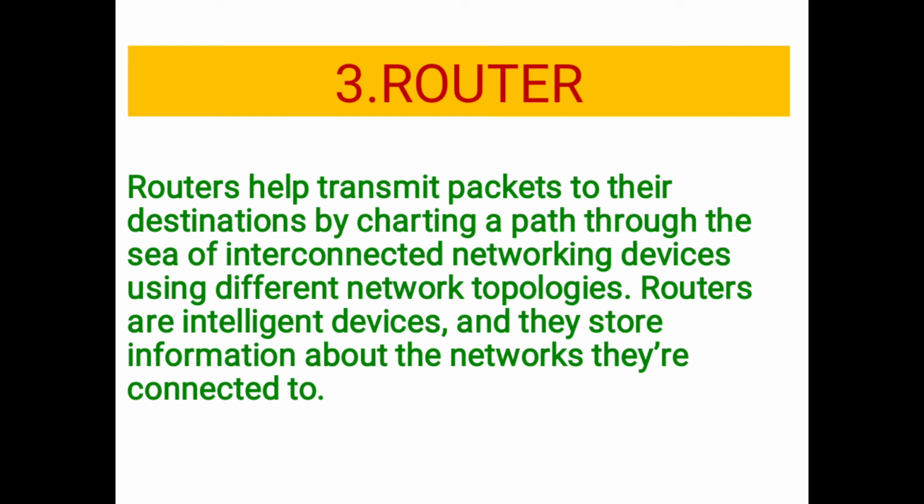At times when one route is busy due to a network traffic jam, like when the CBSE is declaring the result, so one of the lines is busy, the person will not keep on waiting for that line to be free. The router has to find the second possible route and the data has to be transmitted to the destination location anyhow.